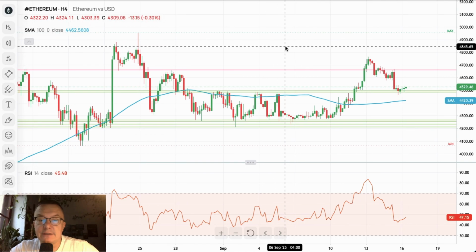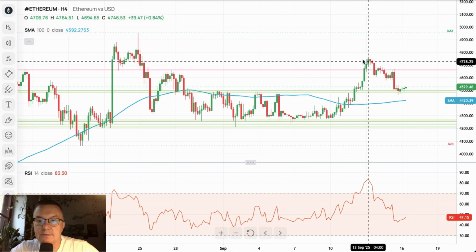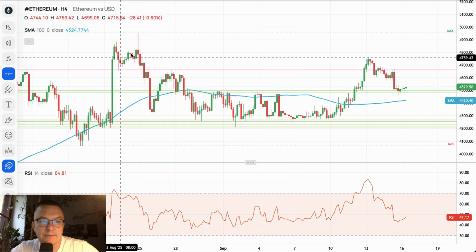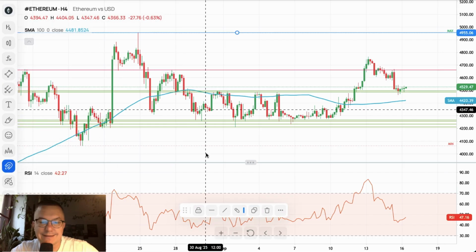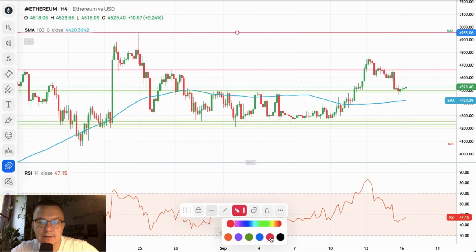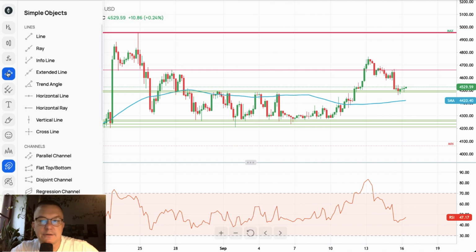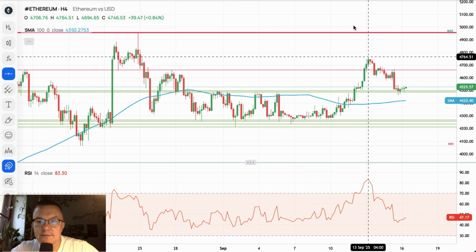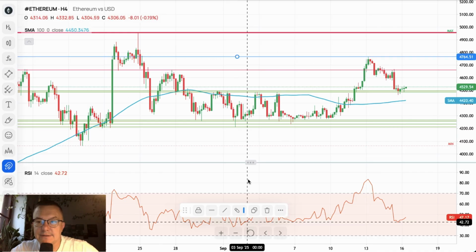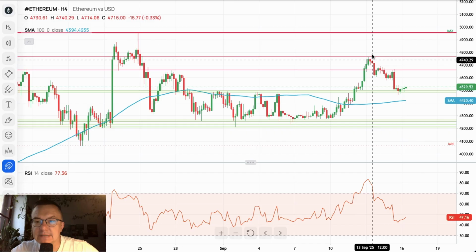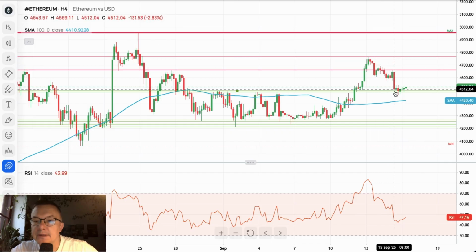Very nice breakout on the Ethereum on our time frame chart. We went as high as 4,764. Nevertheless, the major technical resistance has not been hit because it's here at 4,955. So we still managed to label it as the major one. We got another technical resistance right now, 4,764. So now that's the resistance, and the market was rejected quite strongly from this level.